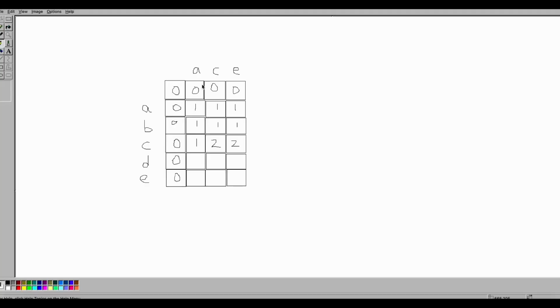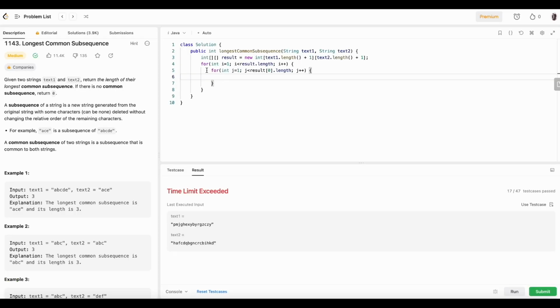Now we'll discuss what we did, which is that if the two characters are matching, then result[i][j] is, like we discussed, 1 plus